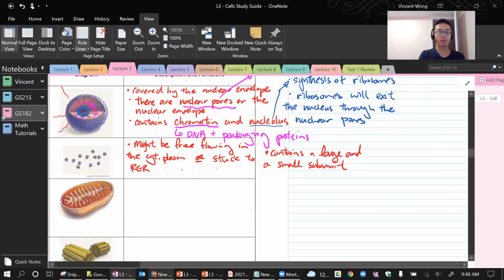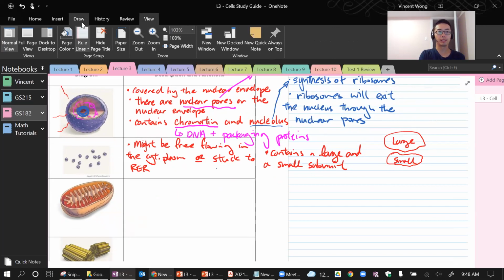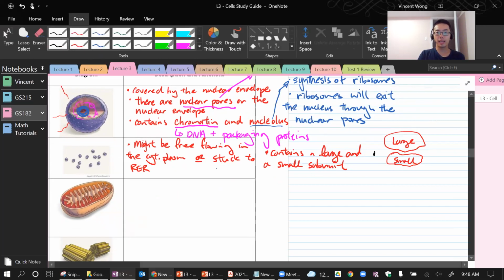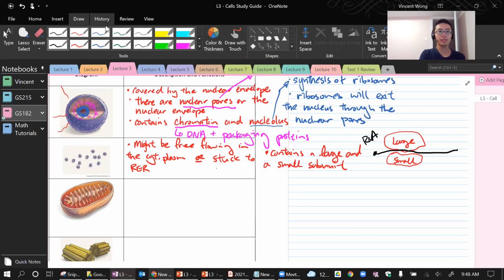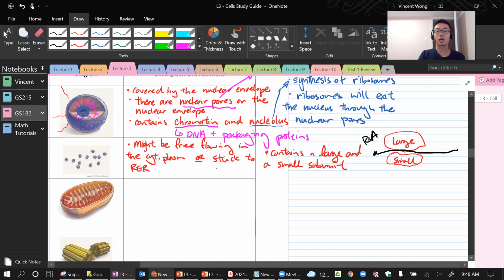I should make these boxes bigger for next time. I keep on forgetting that. So like if you zoom in a lot, right, it actually looks like a hamburger or like a macaroon, whatever you like to eat. So there's the large subunit on top, and then there's the small subunit at the bottom. Okay, and then the RNA that I was talking about earlier will be sandwiched between it. And then the RNA will be decoded by the ribosome. And the main function of the ribosome is to make proteins.